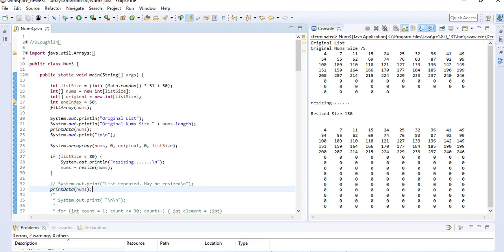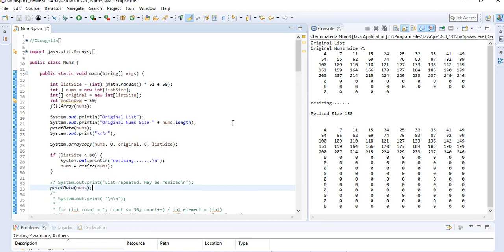We are continuing to work with the arrays assignment number 3, where we have to resize the array and then add in some additional values. And I've made some changes in the code. A couple of things that I did was, when we're passing elements back and forth, it's probably not the best